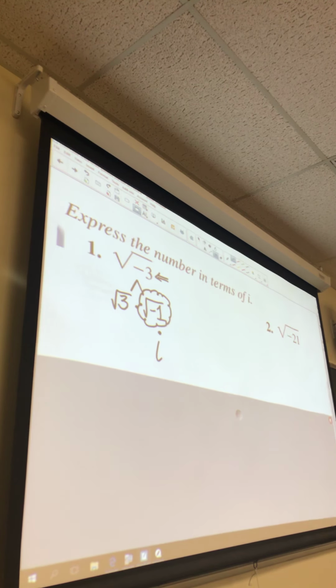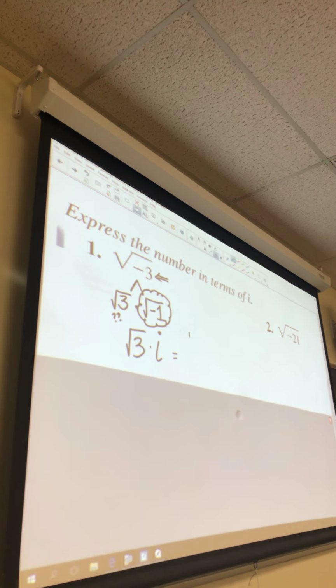Now, is there an exact square root of 3 that we could change that to? No. Is this one of those that back in Algebra 2, you learned that you could break down and maybe pull something out and leave something under the square root? Is it one of those? No, it can't break down anymore. So we would just keep the square root of 3 times that i,